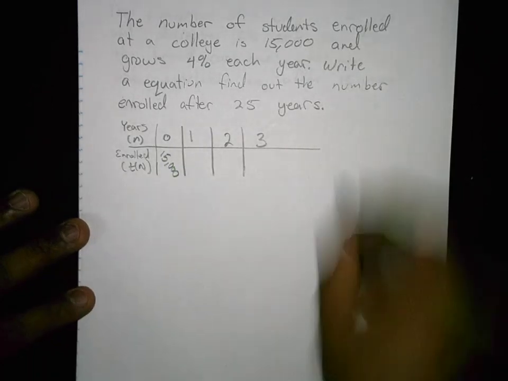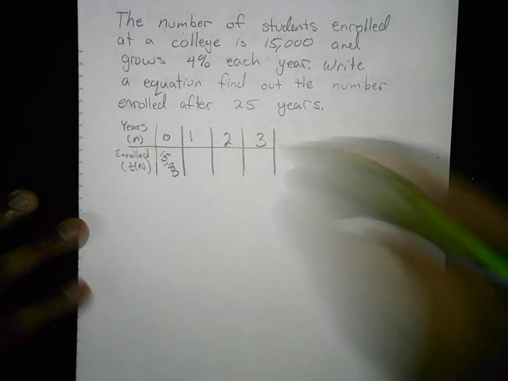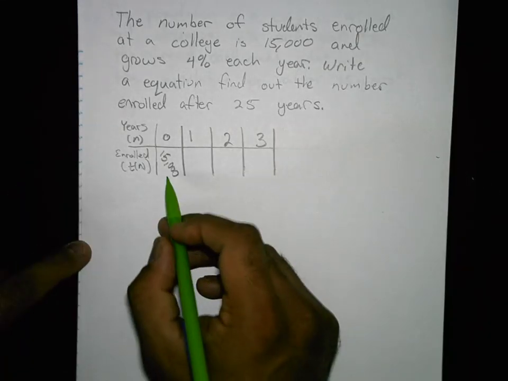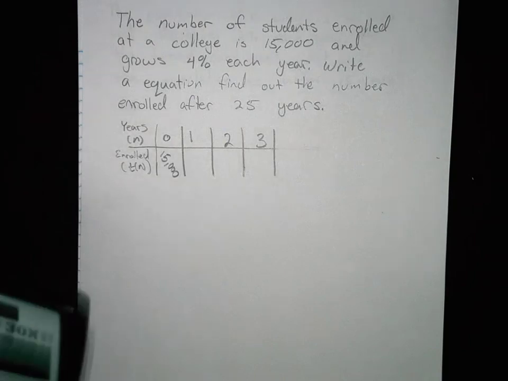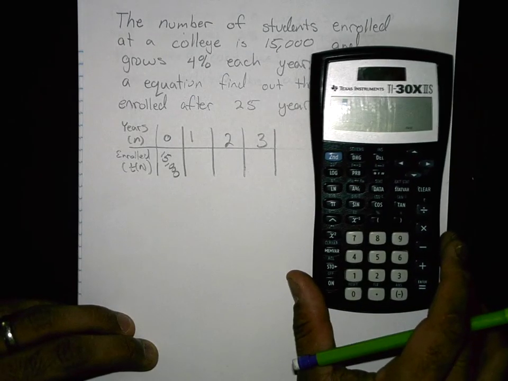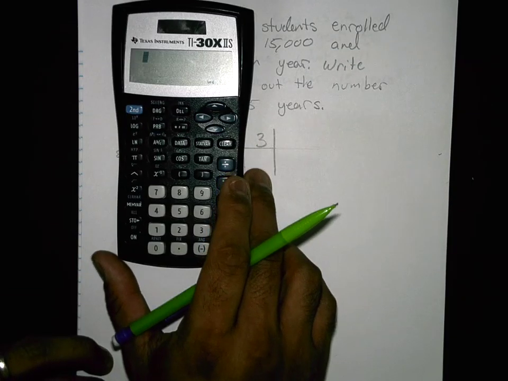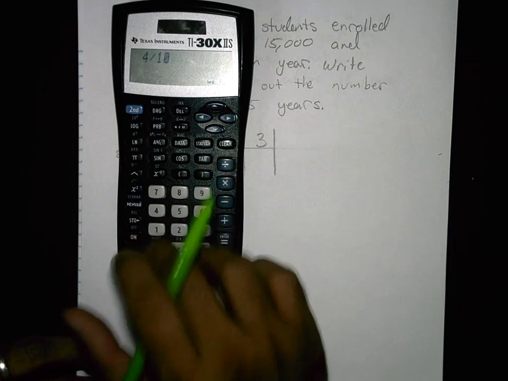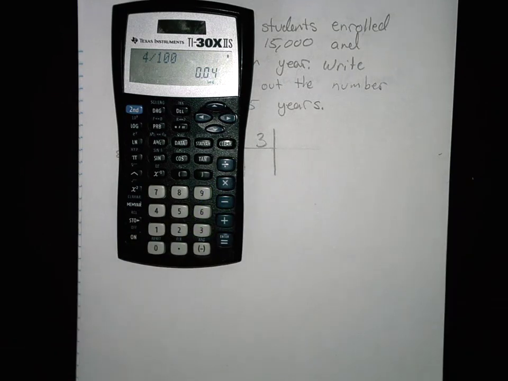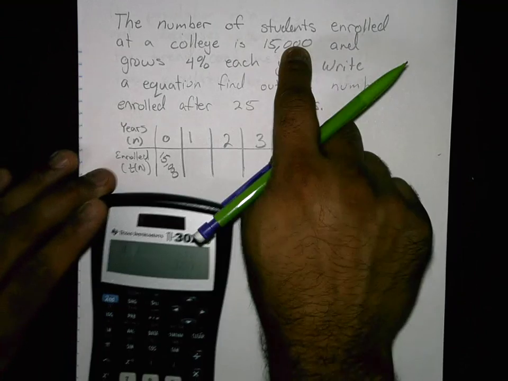And so I'm going to increase by 4% a year. So I'm going to figure out what 4% is, and you can turn that into a decimal. The easiest way to do that is, remember that percents are out of 100. So I'm going to take 4% divided by 100, and that's 0.04. Or some of you guys kind of move 2 decimal places over, right? But there you go, 0.04. So 0.04 times 15,000